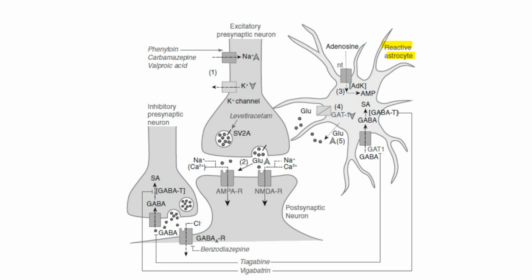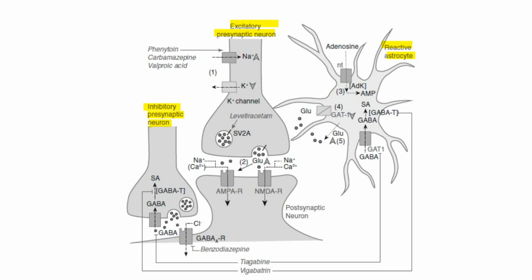neurotransmitters involved. You have an excitatory presynaptic neuron and an inhibitory presynaptic neuron. Whether it is excitatory or inhibitory, the effects are going to be different. You have the sodium channel which is upregulated, the potassium channel is downregulated. Likewise, in the inhibitory presynaptic neuron, the GABA neurotransmitter is upregulated. So, this diagram we will see in the form of a flow chart for better understanding.